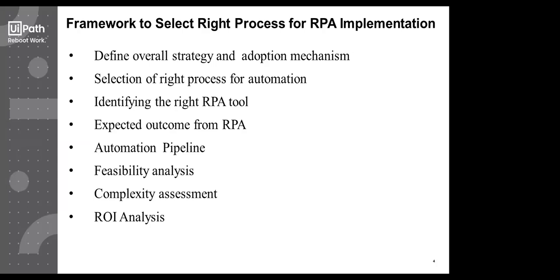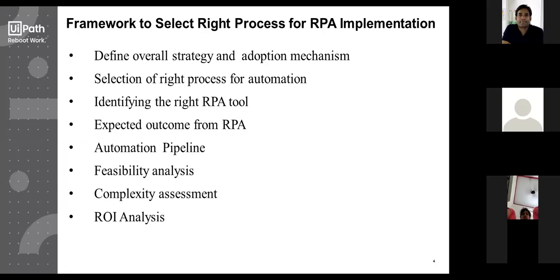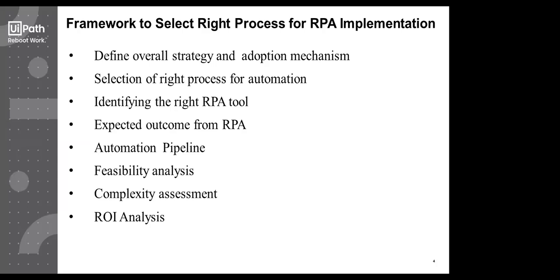But what they fail to do is they fail to have a vision. They are not able to see a bigger picture, so that they pick up all the processes of a particular sector, or you can say department. They analyze that, okay, if we pick up these four processes and we bridge them, then all the tasks of this department, the repetitive or rule-based tasks, have been automated. Now this department doesn't have to do any paperwork or keep doing all that repetitive task. So that vision is somewhere lost.